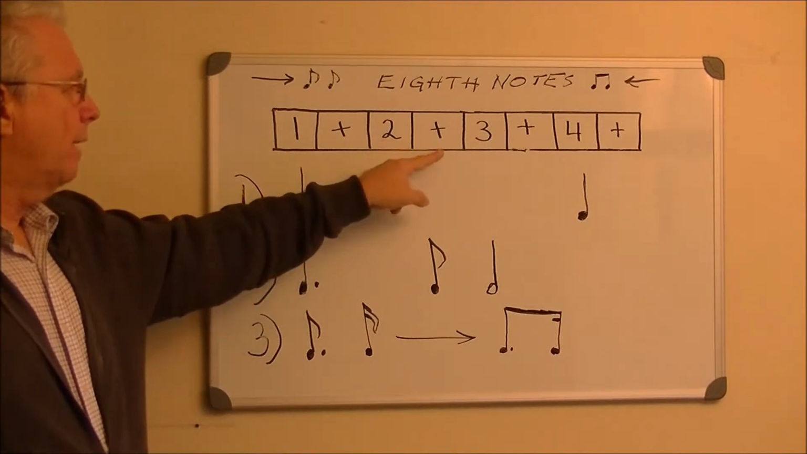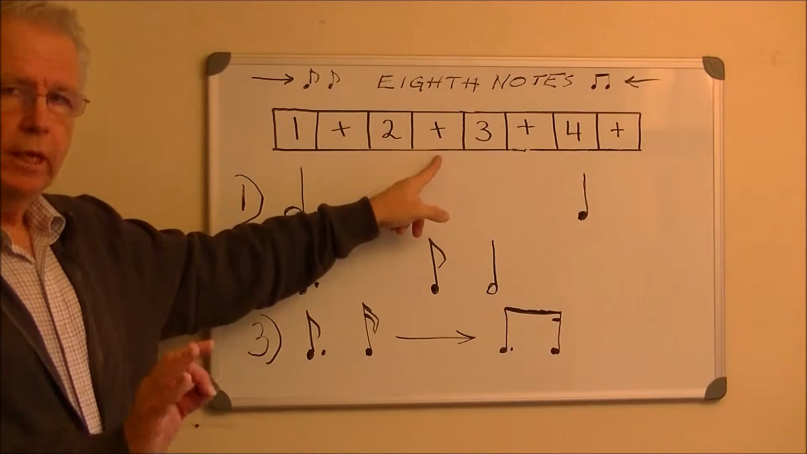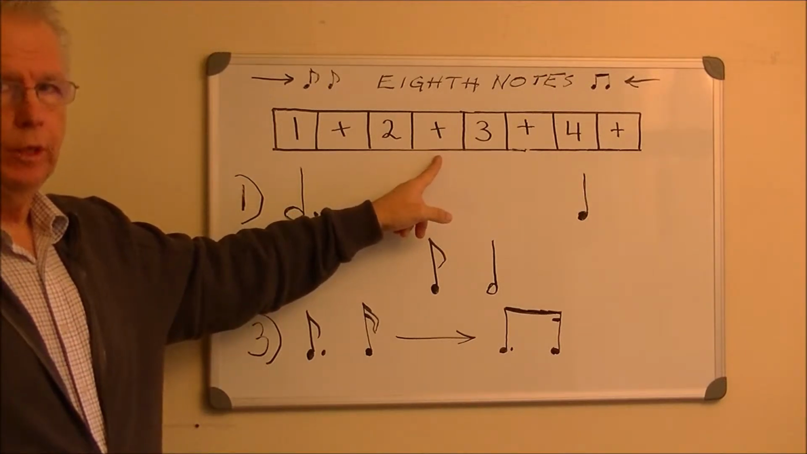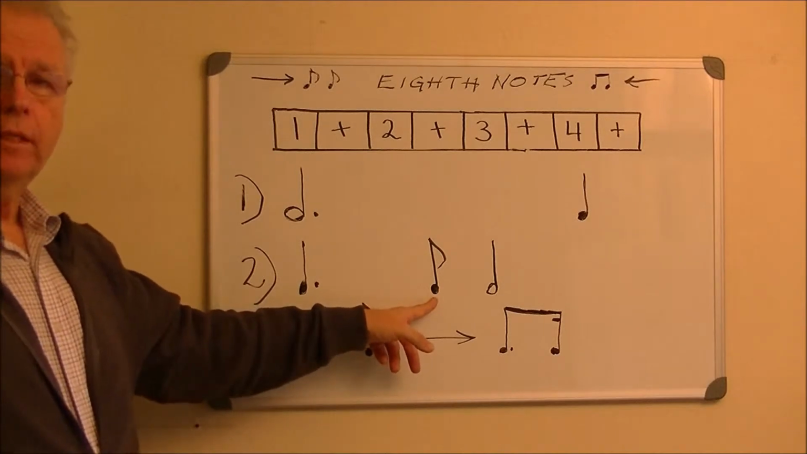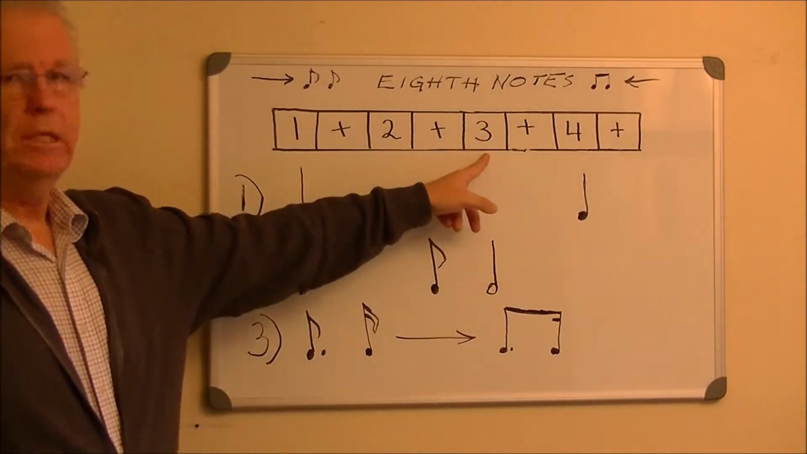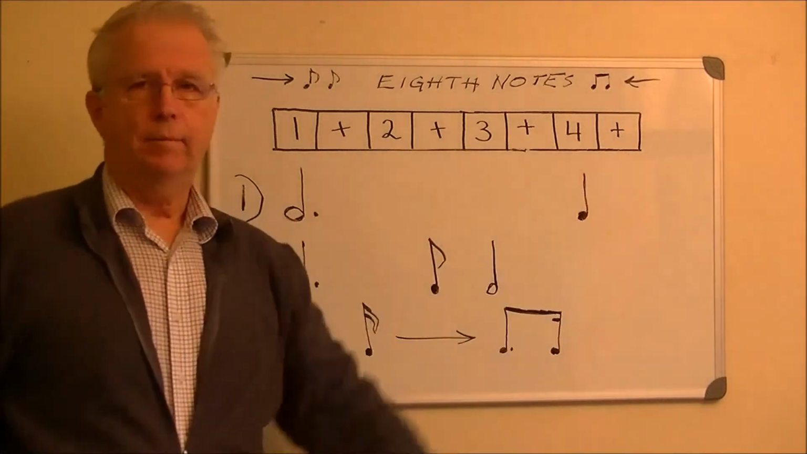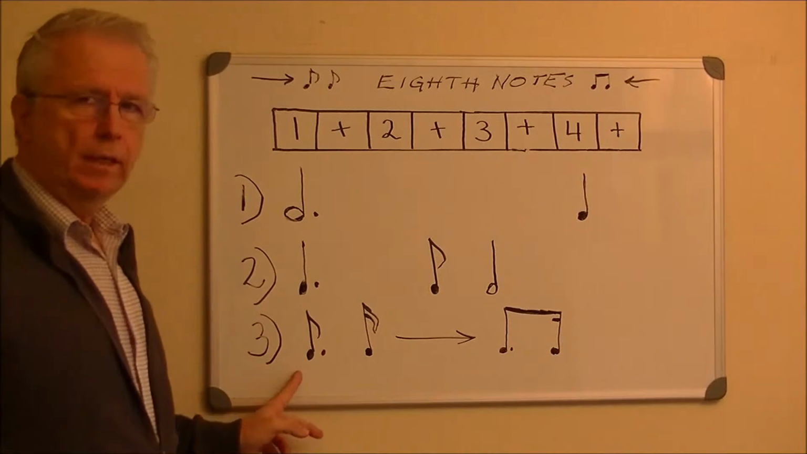The next point on this rhythm counter that we're obliged to put a note on is going to be the and of 2. And that's what I've done here. I've placed an 8th note on the and of 2 and a half note to cover beats 3 and 4. Now down here, just for the sake of